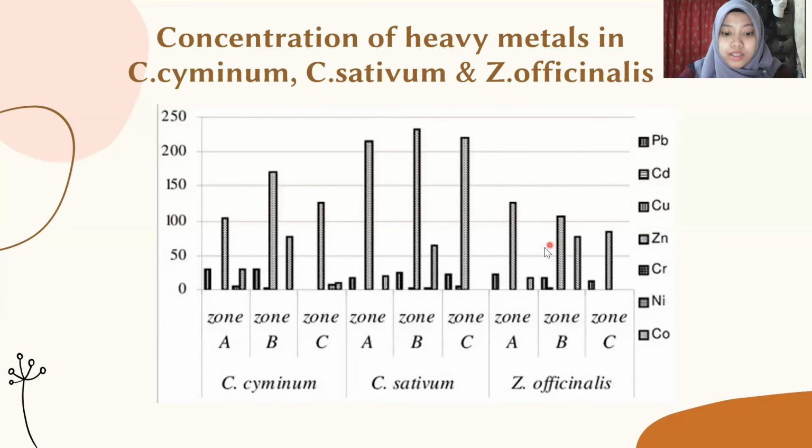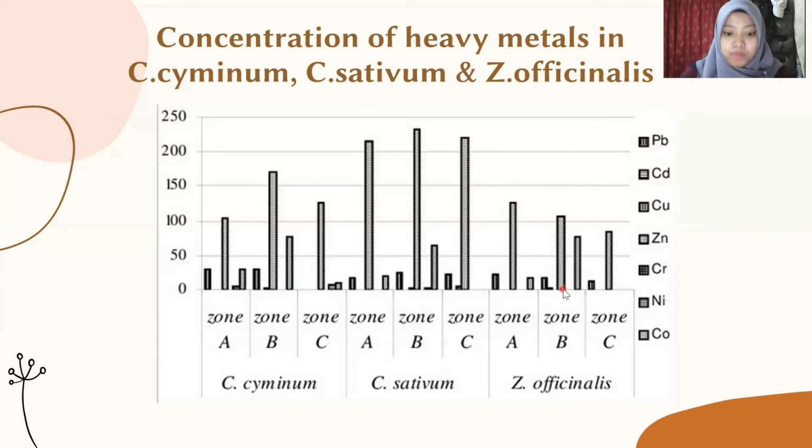And the C. seminum purchased from zone B, this one, showed the minimum contamination of nickel, which is 0.48 microgram per gram. It is too small, so it does not show in the graph, but the concentration for the nickel is 0.48 microgram per gram. However, it was analyzed that there is no contamination of nickel present when it was tested using the AAS, and both the C. seminum and the Z. officinalis